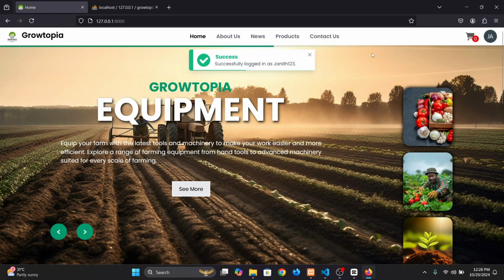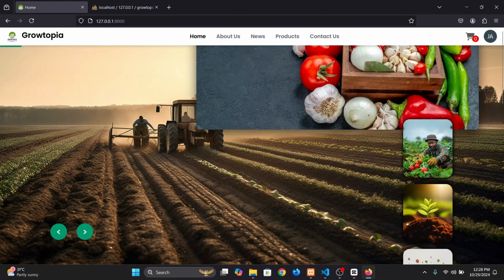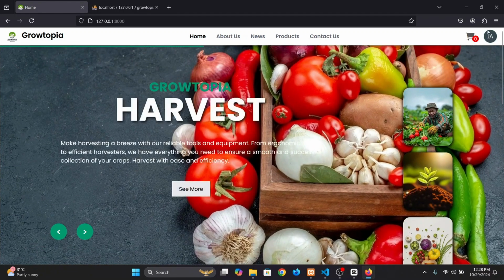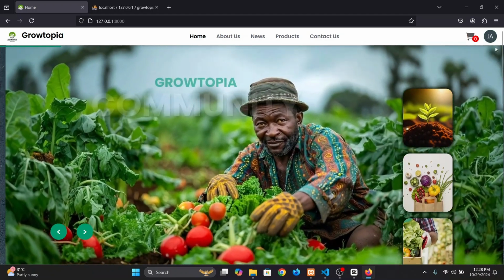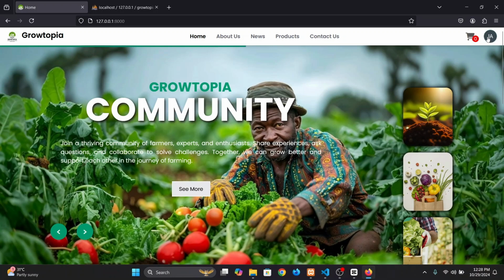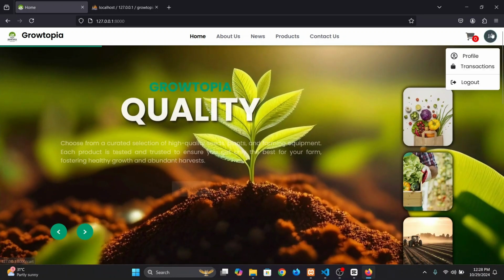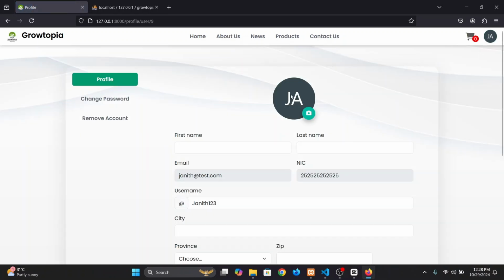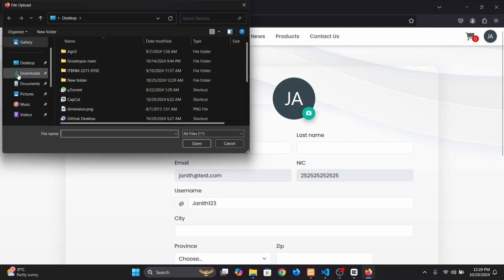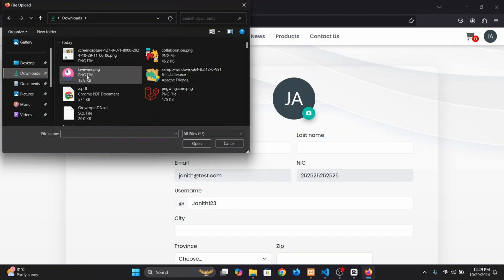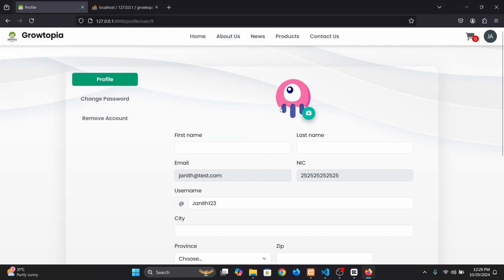So first, you can see right here, because Janit doesn't have a profile picture, it will just show you an image with the first two characters of his name. And here, let's first move on to the profile section. In the profile section, you can add a profile image. So let's add this Livewire image, and you can update his name, Janit. Let's say